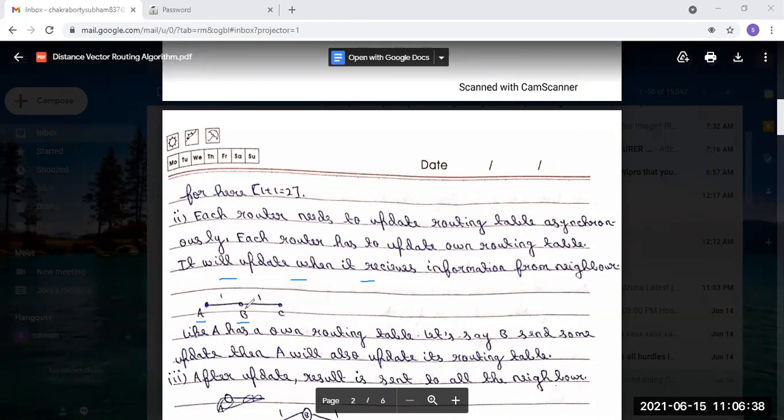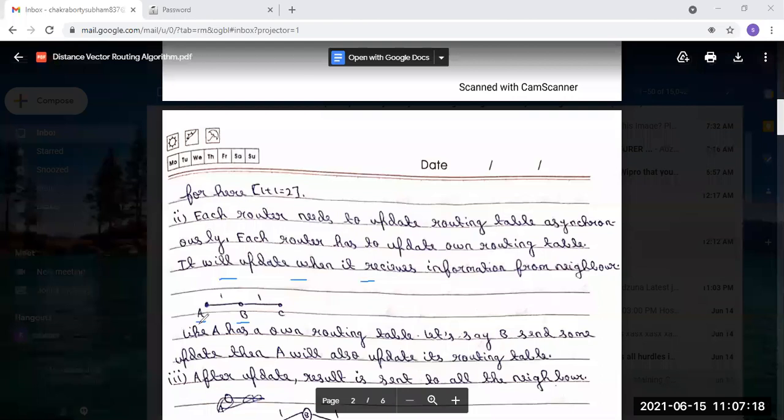So B router sends an update to A router and C router. After receiving the update from B, A router will modify or update its own routing table. The same for C: it will update its own routing table. That is what it means that each router needs to update the routing table asynchronously.